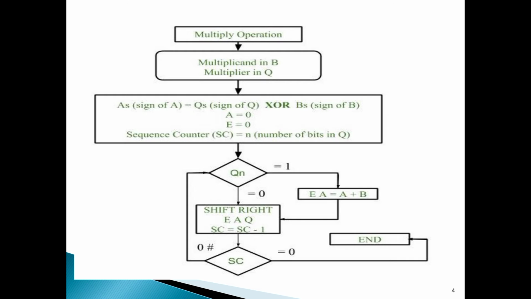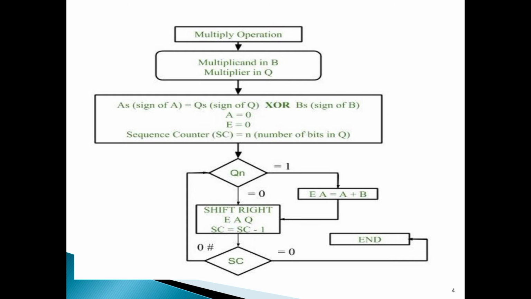So if you are taking the two operands, the first operand, the multiplicand, is stored in the B register. The multiplier is stored in the Q register. That is the meaning. After performing this initialization,